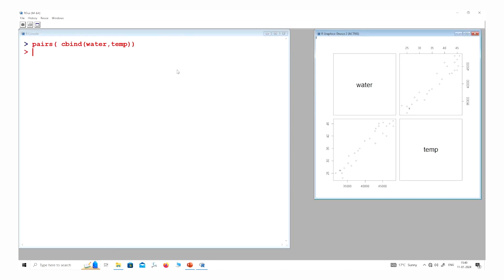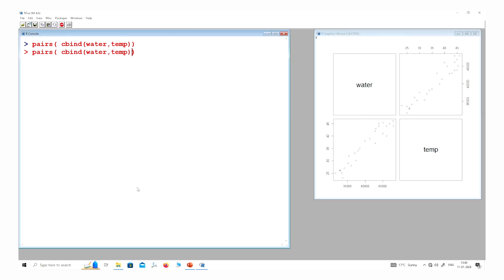So right, let me remove this. If you see here, as soon as I say pairs, cbind water and temperature, this matrix scatter plot is obtained, which has 2 by 2 matrices. In case you try to change the role of water and temperature, I can make it cbind between temperature and water.